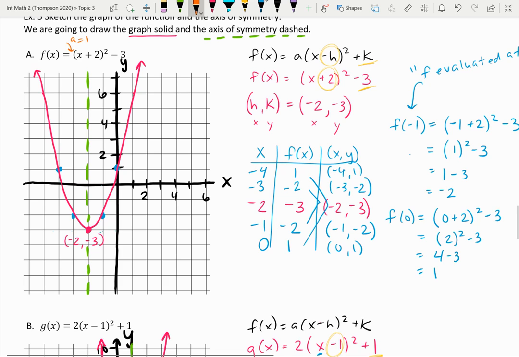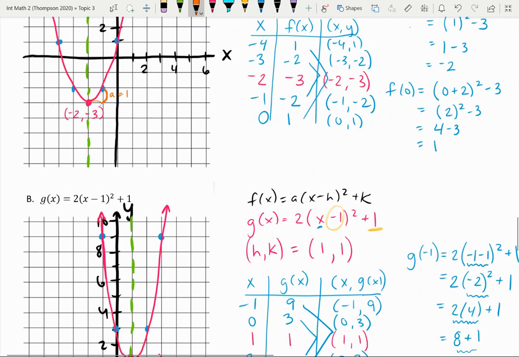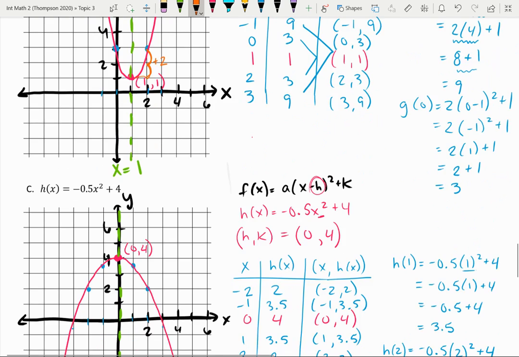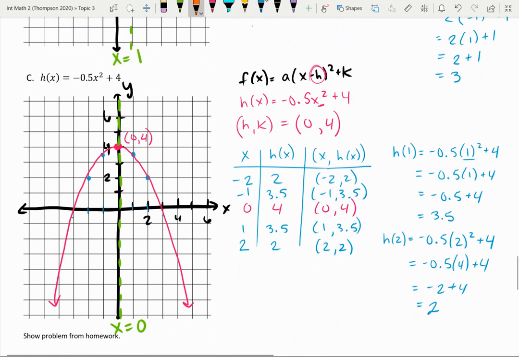I briefly discussed that the first point sometimes can very easily be found because when I go right one, I go up whatever A is, and A in this case is 1. That gets me to my first point. Sometimes it's an easy way to get a quick graph, or at least a sketch. So B, my A is 2. When I go over 1, my first point is up 2. And C, when I have 0.5, I go over 1, and because it's negative, I go down